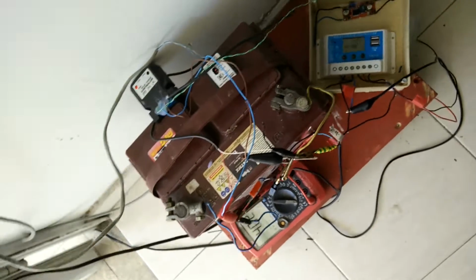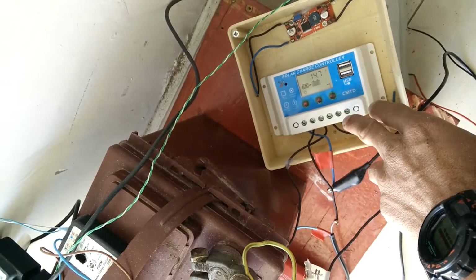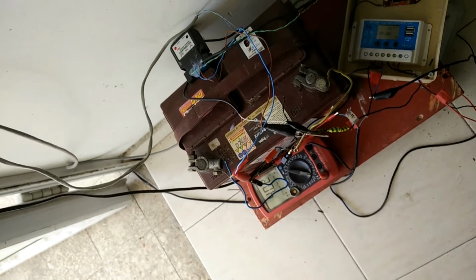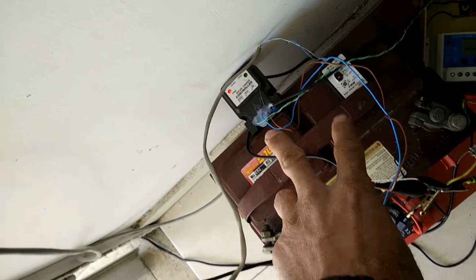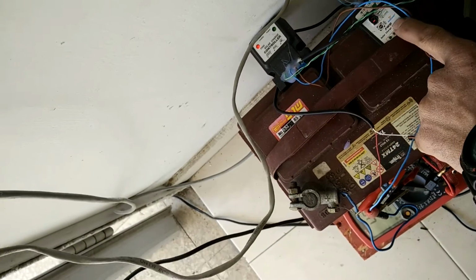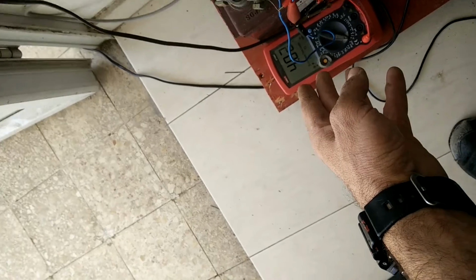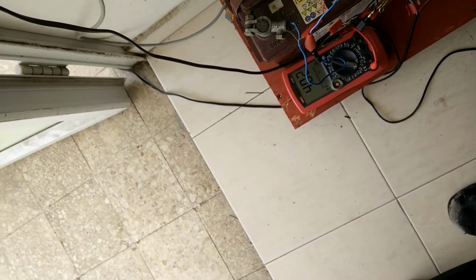I use this solar charger for now, until in the future I plan to make one myself. I have another 2 solar chargers. This, I think, indicates that the battery is full, because really with 4 amperes all day it charges very fast,